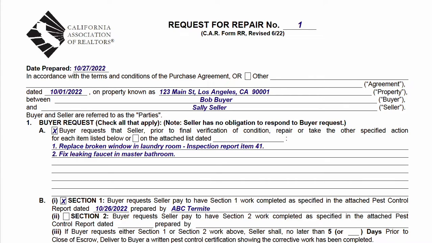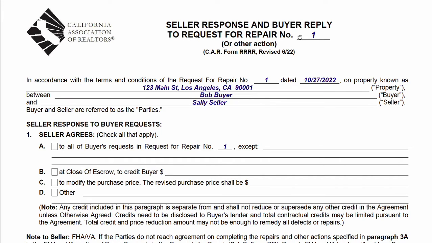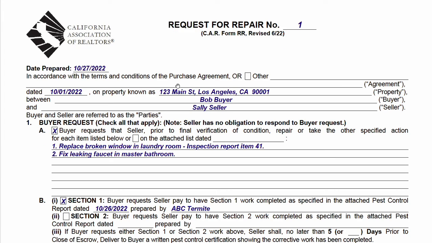This is a tutorial on the request for repair form, CAR form RR, and the seller response and buyer reply to request for repair, CAR form RRRR, or as I like to call it, the quadruple R, because saying R 4 times sounds silly. All right, so this is used in the course of a transaction during the inspection period